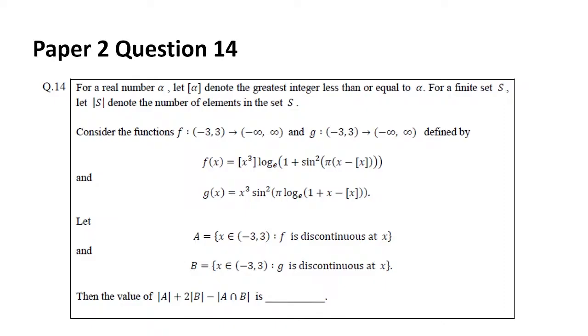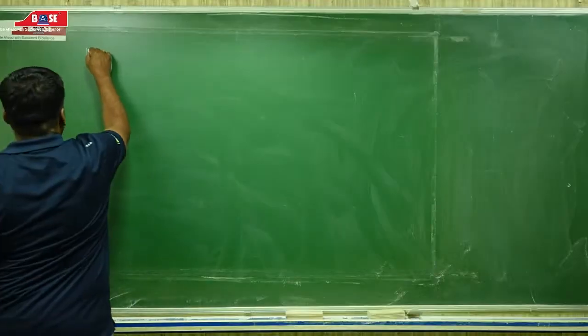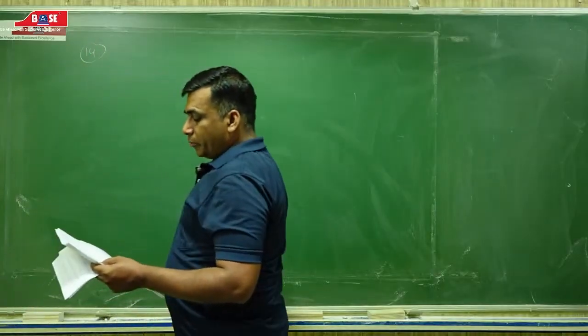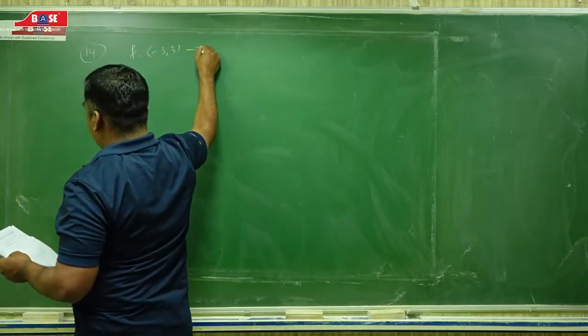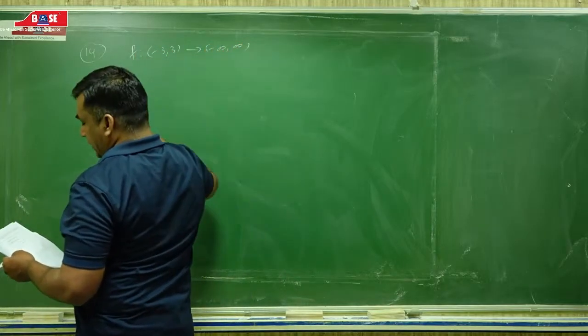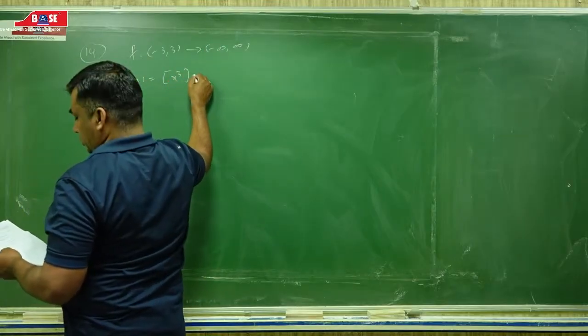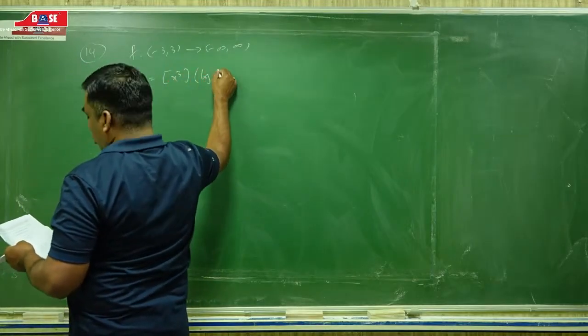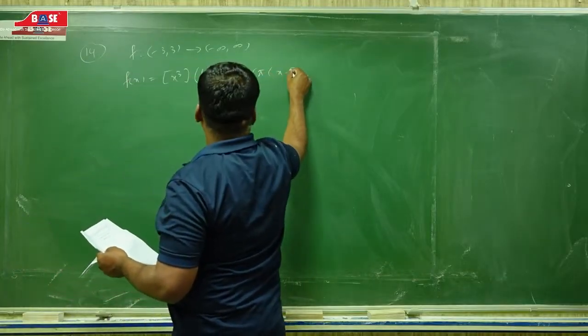Question number 14. We have been given a function f from (-3, 3) to (-infinity, infinity), where f of x is floor of x cube times log of 1 plus sine square pi times of x minus floor of x,